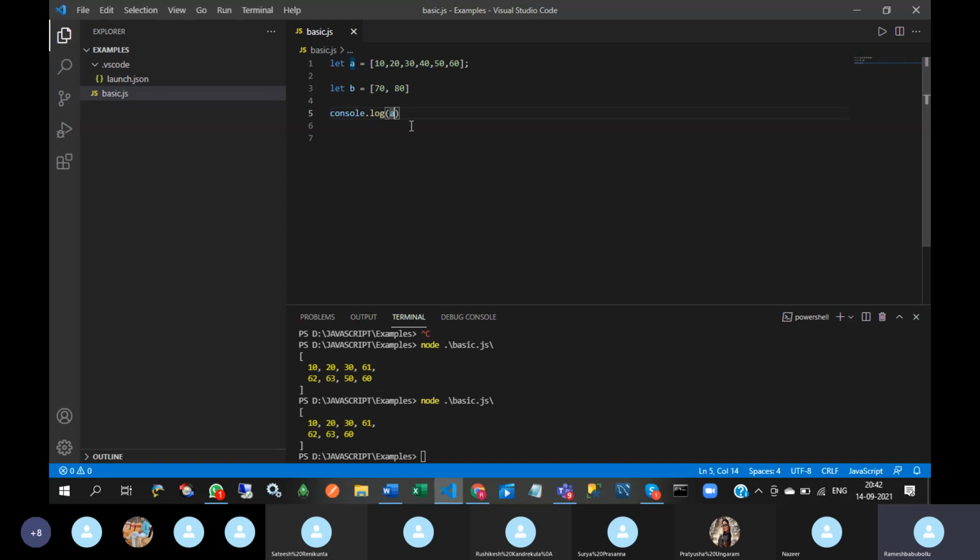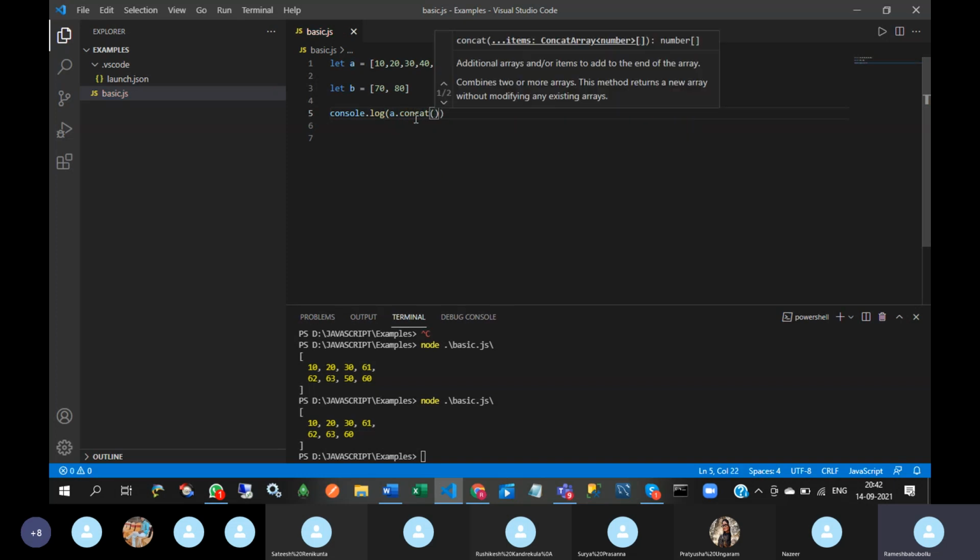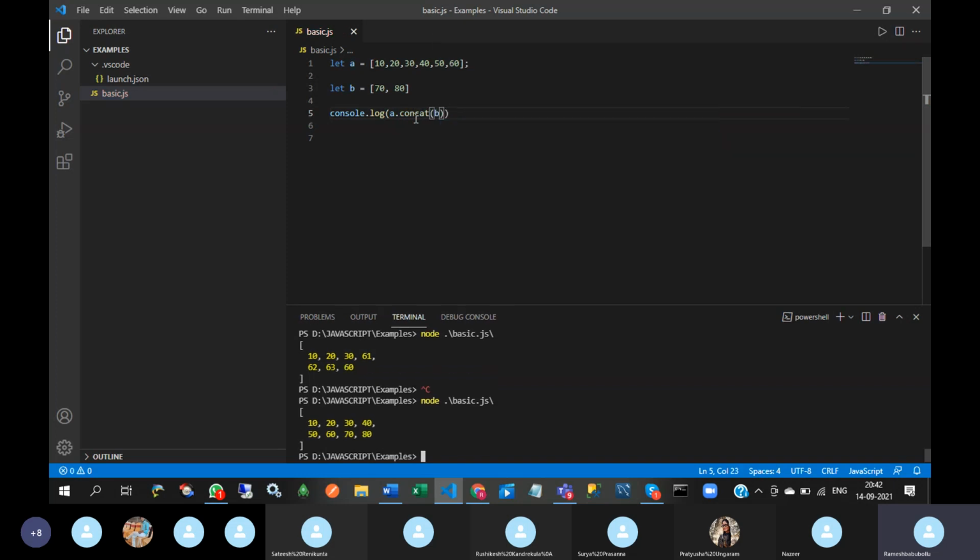It will concatenate, that means it will append a new string to the existing string. Like that, a dot concat of b, 70, 80 will be added at the end of the array of a. Okay, so this is concat.